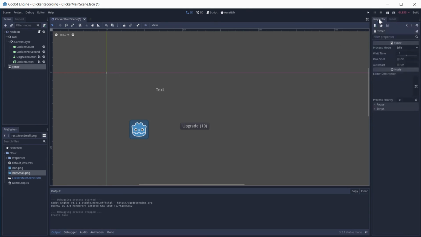Select the timer and in the inspector you can see process mode. It has two modes. Physics, update the timer during the physics step at each frame, fixed frame rate process. And idle, update the timer during the idle time at each frame. For now just use idle, we will be covering physics later. Wait time is the amount of time to pass before the timer will emit the signal that it timed out. 1 means 1 second between each timeout.